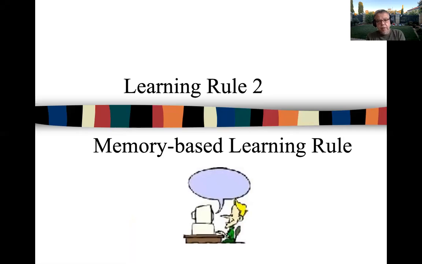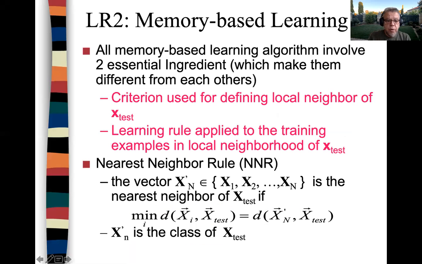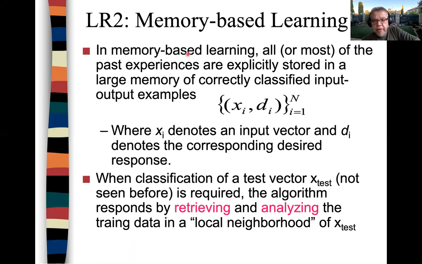Hello. Now let's look at learning rule number 2, which is the memory-based learning rule. In memory-based learning, all or most of the past experiences are explicitly stored in a large memory of correctly classified input-output examples. So, for example, you have